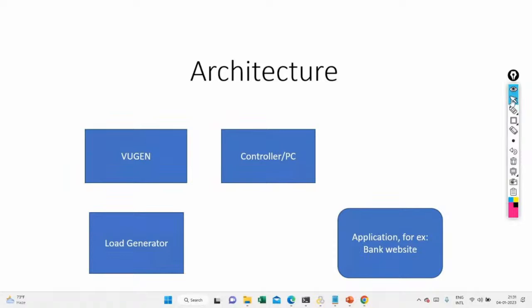Whatever the URL means, the application you test. Let's say I've given this URL. This is a sample URL, I can just paste it here. I'll share it at the end of this session. One second. Okay, this is the URL address which I'll share in some time. This is the browser I have chosen, Firefox. This is the URL or the application I want to record, and all the other options we'll discuss later